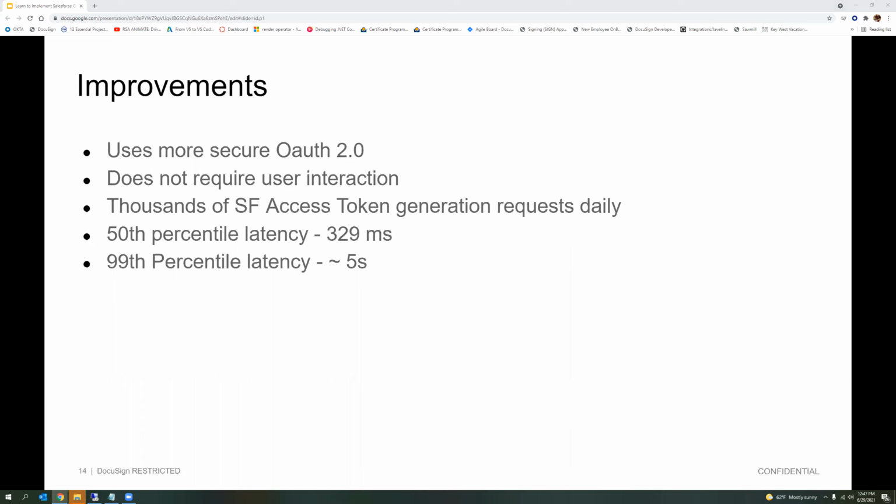So this latency is partly due to Salesforce server variation, and I think predominantly due to the variation in the bandwidth between DocuSign's data centers and Salesforce data centers.